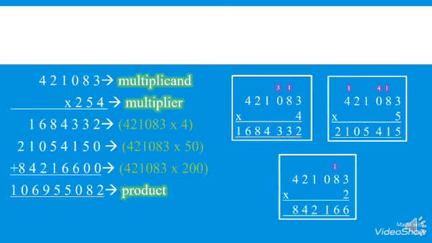8 plus 5 will be 13. Plus 1, 14. Plus 1, 15. You will write 5, 1 will be carry. 6 plus 2, 8. 6 plus 0 plus 2 will be 8. You will add the carry value 1. You will write 9. 1 plus 1 plus 4 means 2 plus 4 will be 6, and 2 plus 8 will give you 10. So this value is the product of multiplication.